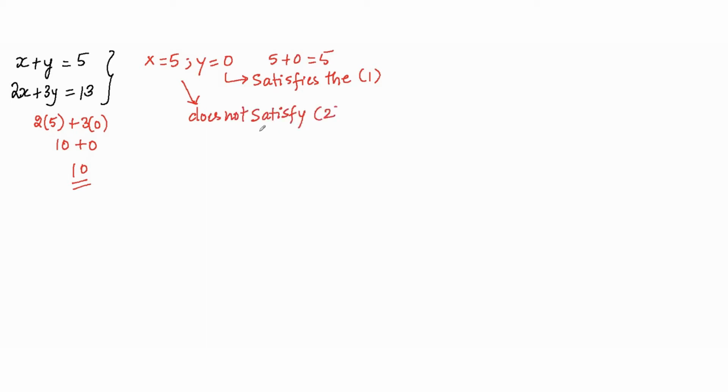the equation 2, right? Therefore, you will notice that there is a unique value, only one value of x and y, which will satisfy both the equations. And there are different ways of finding that particular value of x and y. So now we will try to list down the different techniques that are useful